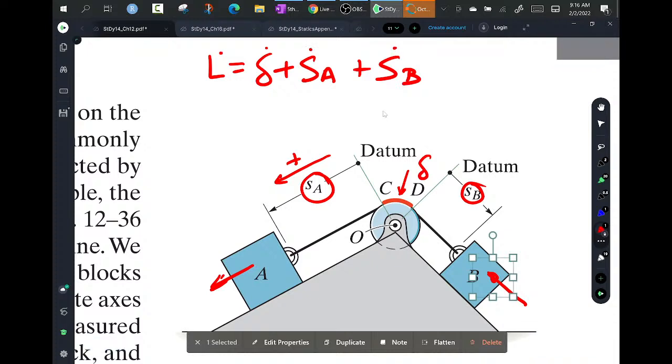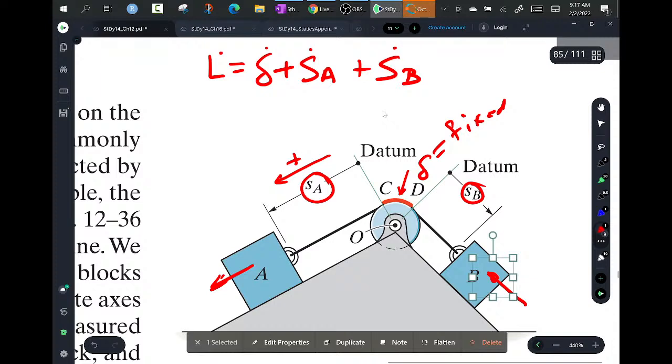And then I could realize, okay, this length is fixed. So even if this moves up a foot, or whatever, even if they move back and forth,